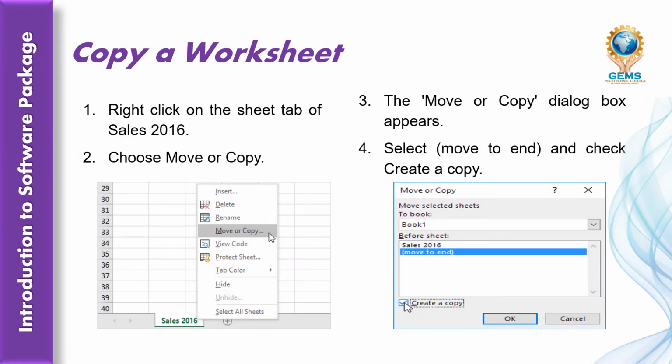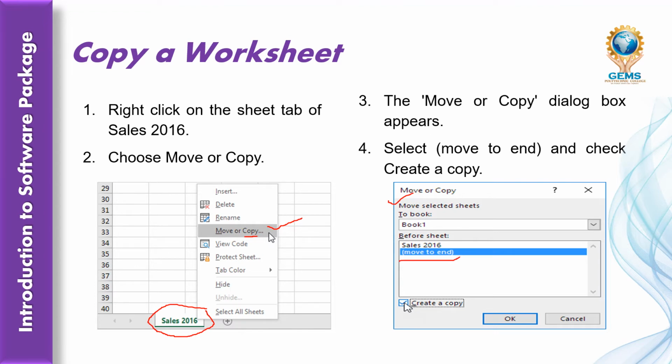Then how to copy a worksheet? Right click on the selected tab, Sales 2016, and select the Move or Copy option. After that, the Move or Copy dialog box will be displayed. Select where you want to move.